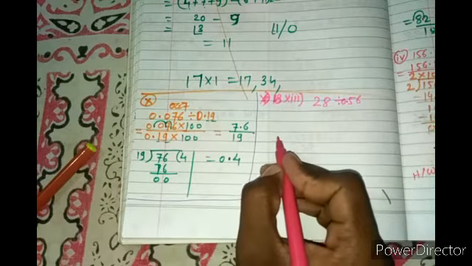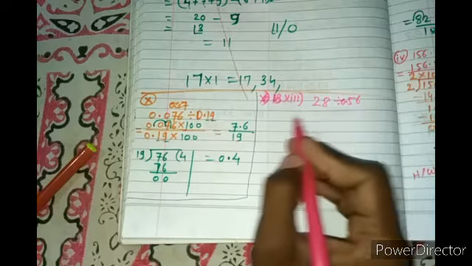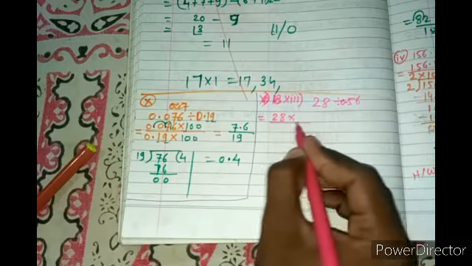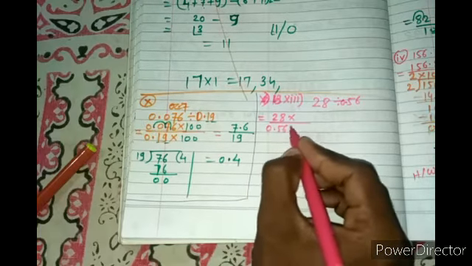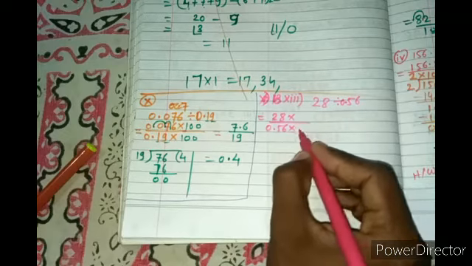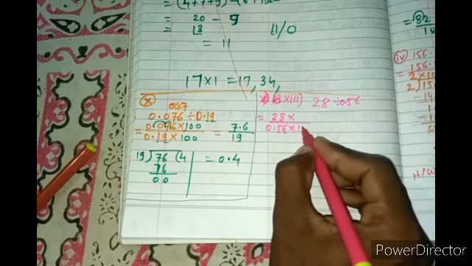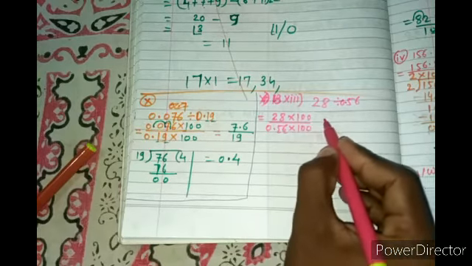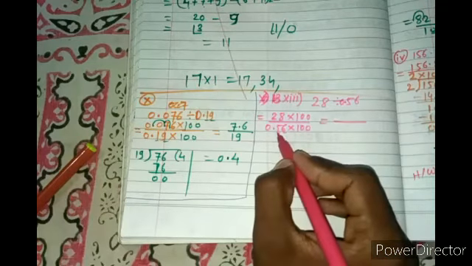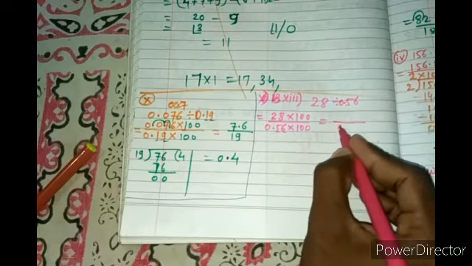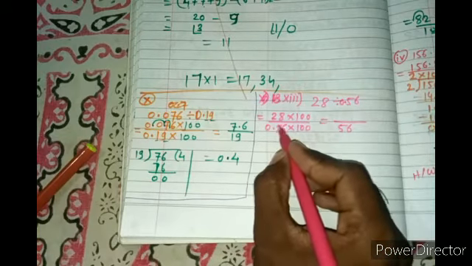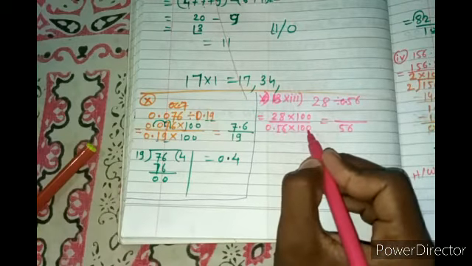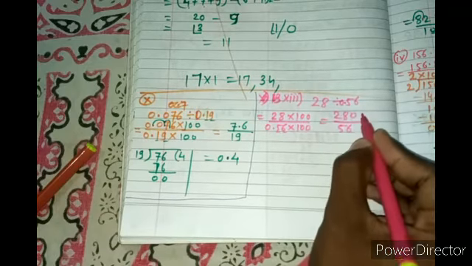In 13 number problem, 28 divided by 0.56. So there is no problem at the numerator. It is a whole number, but we have to make the denominator 0.56 also a whole number. So after the decimal point there are 2 digits, so I will again naturally multiply by which number? Yes, 100. And to the numerator also the same. So what is the effect on the denominator? 0.56 would be 56, because the decimal point will shift toward the right by 2 places. You all know that. And what is the effect on this? So it would be 2800.